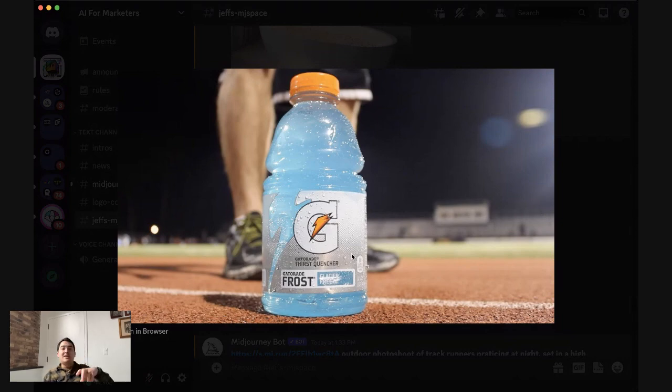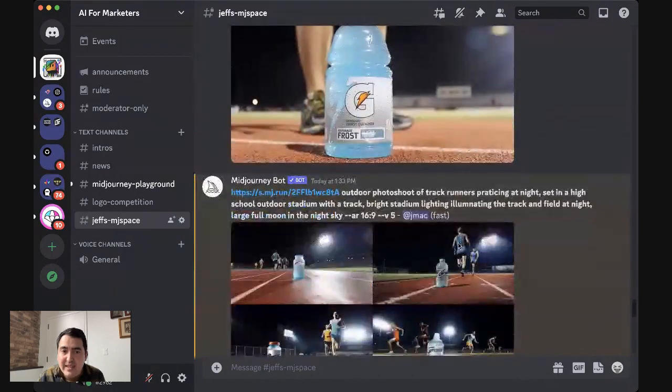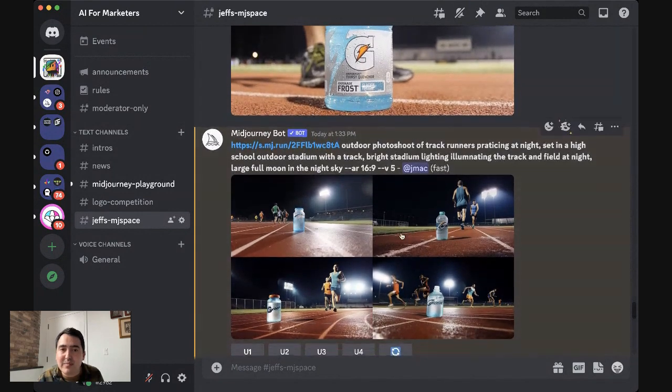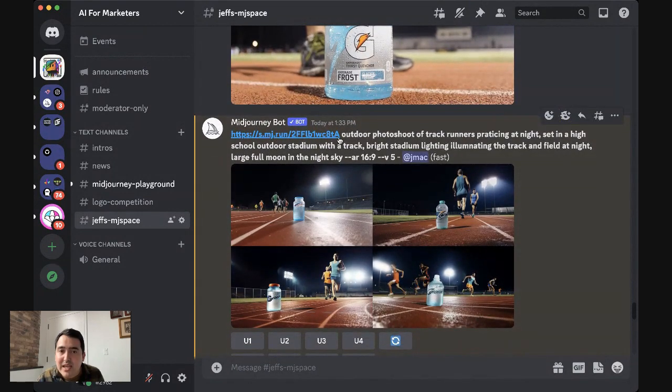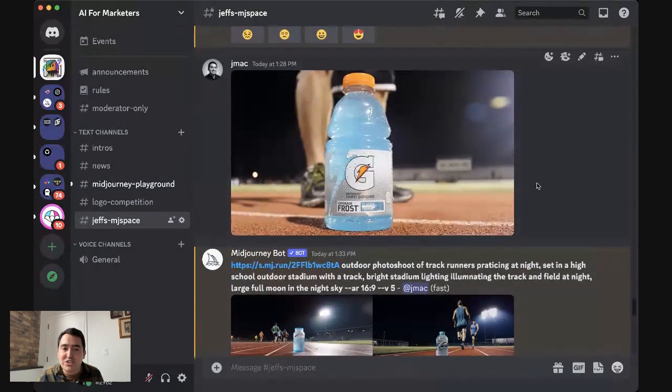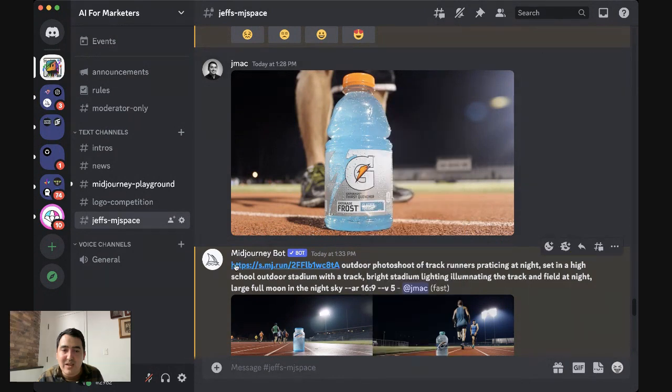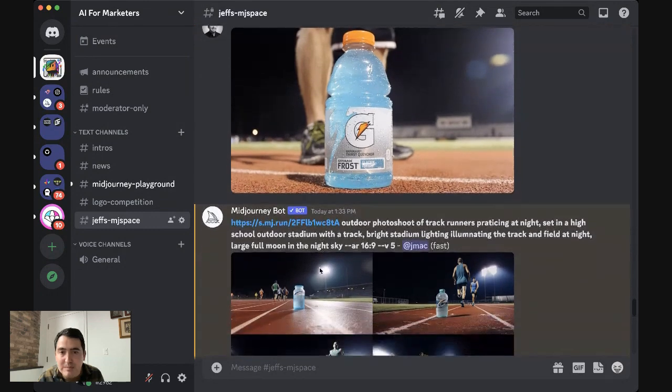So imagine in this example, if you had taken this photo and you were pitching Gatorade. And then let's say you wanted to use this as the basis for creating more comps. So in this example, we brought in the image. And again, if you have never done this, you just drag an image into your Discord Midjourney experience, and then you right click on it and copy the image link. That's where you put this into your image prompting inside of Midjourney. And we can do this live in a second.